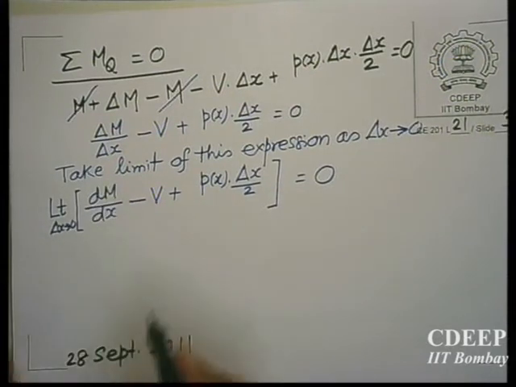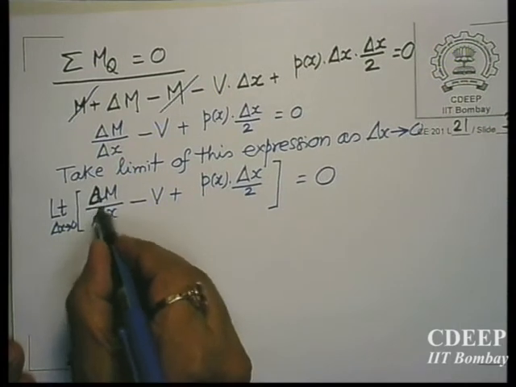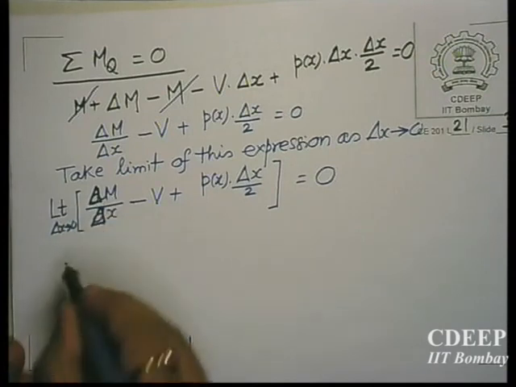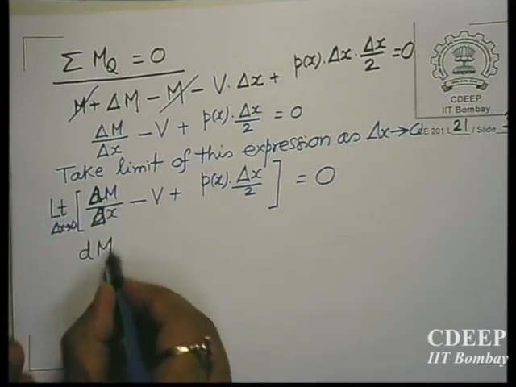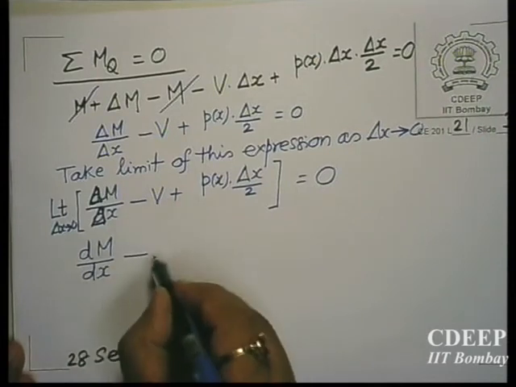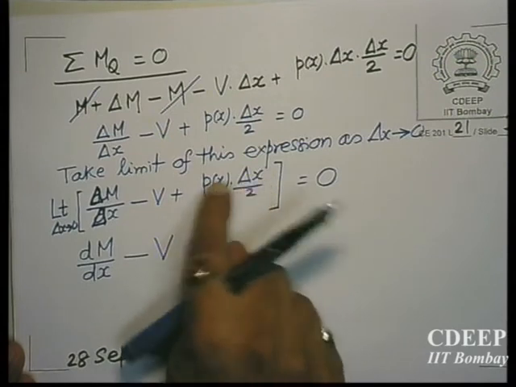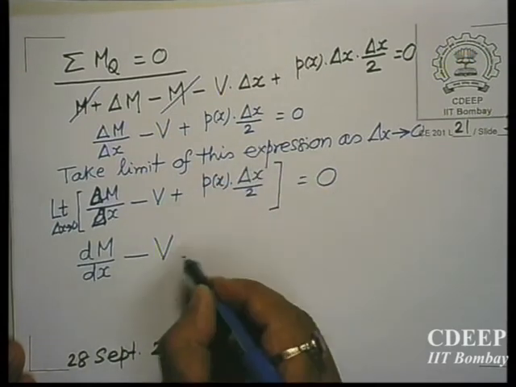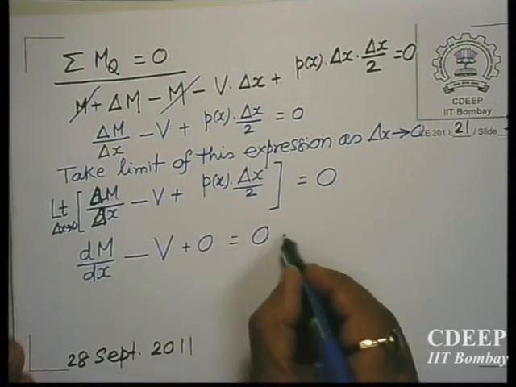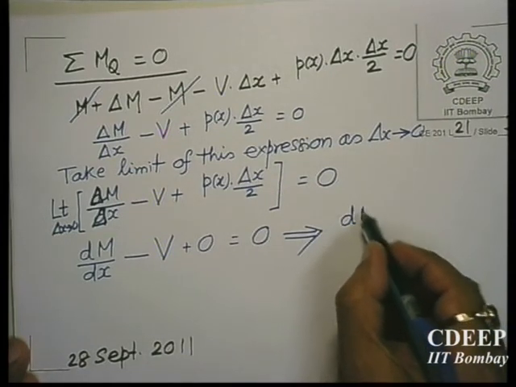Limit of this will become, sorry, this is del only, up to here it is del. Now, this will define the derivative. So, this will become dM by dx, this will remain as it is, V, and limit of this as delta x, because there is a product of dx, will tend to 0. So, plus 0 equal to 0, and this gives me another relation which is very important, which relates moments and